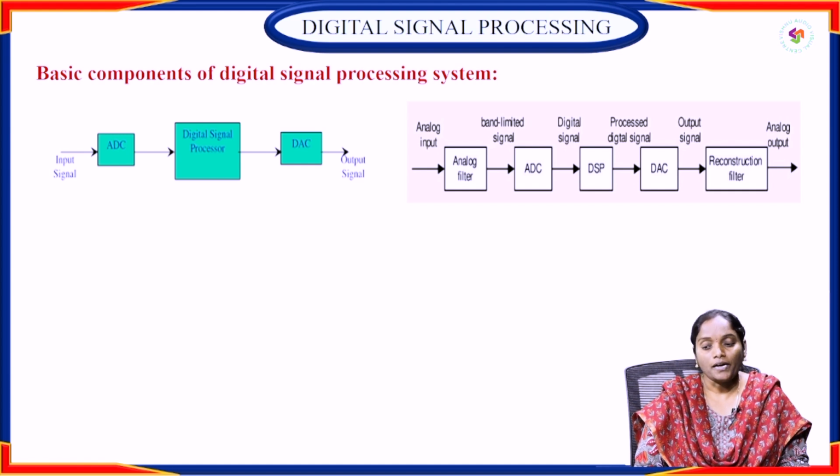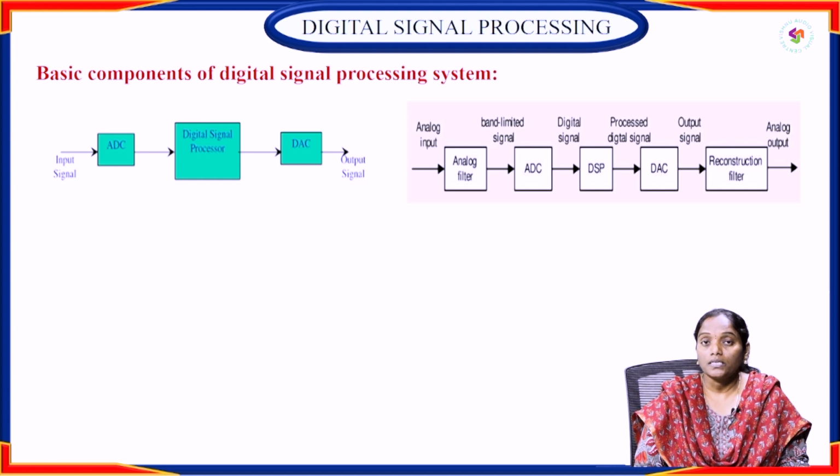Once your signal is band limited, you have to convert the analog signal into a discrete signal or digital signal with the help of analog to digital converters. We are aware of various types of analog to digital converters, which may be either direct type or indirect type. If you consider the direct type, it may be flash type, successive approximation, charge balancing, counter type or dual slope ADC. You can use any of these converters. It converts your continuous signal into discrete form.